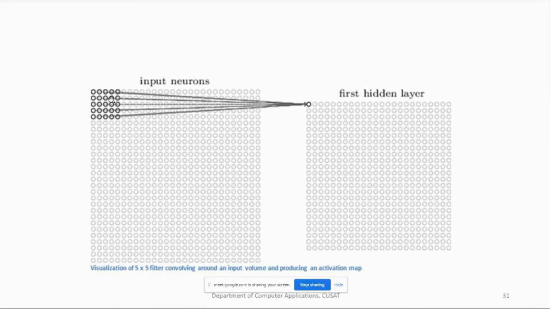And when we perform the element-wise multiplication and summation, we come up with a numeric value, and this numeric value is now mapped onto a matrix. Then